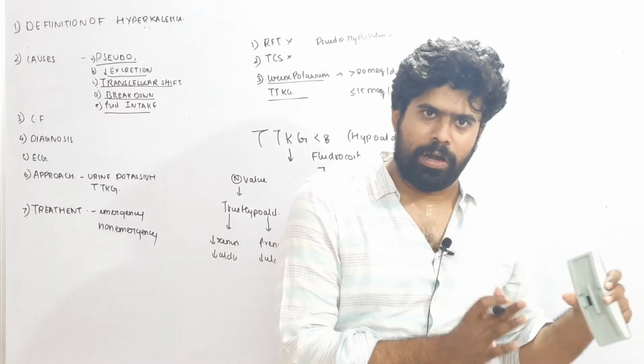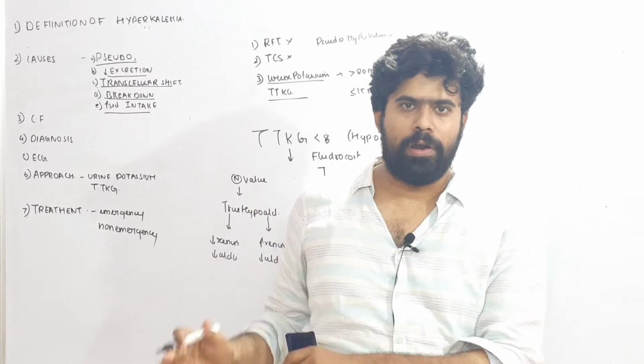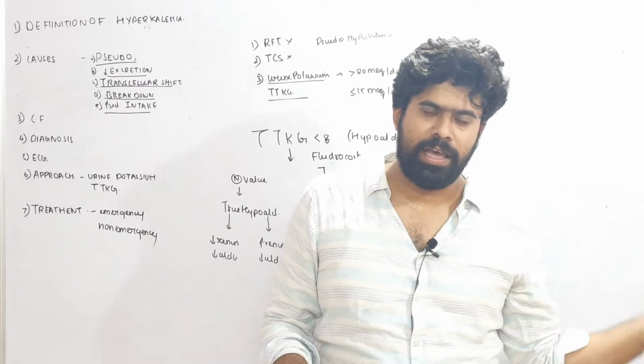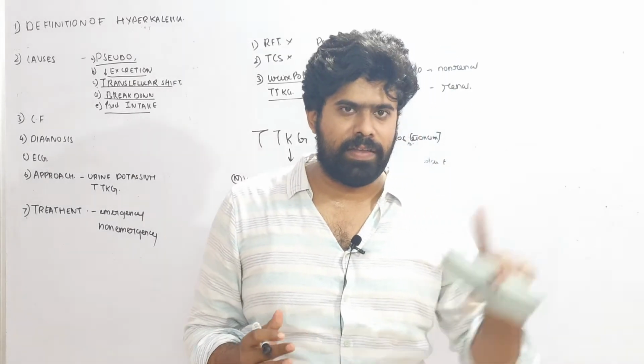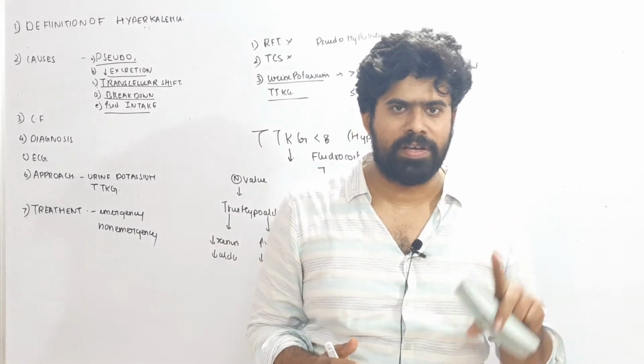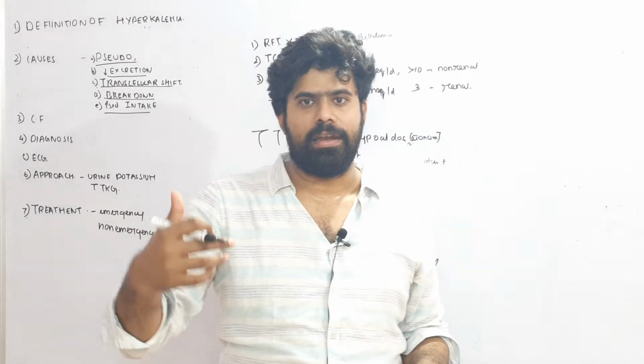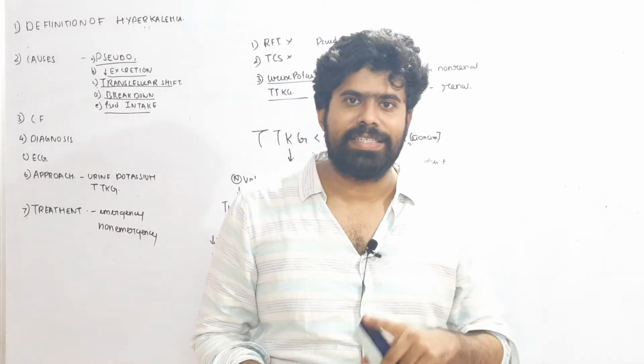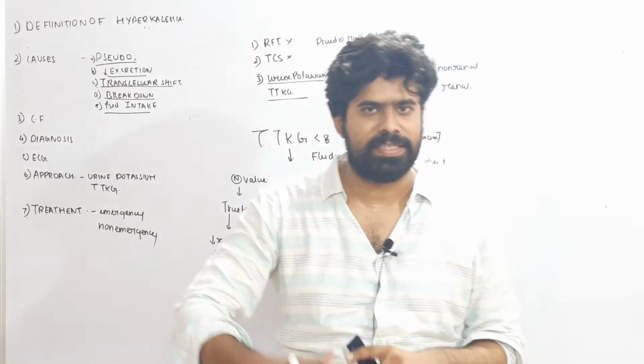Those with low renin, low aldosteronism, or high renin, low aldosteronism. Low renin, low aldosteronism, as we mentioned earlier, will be a problem with the release of renin. That can be because of diabetes mellitus or beta blockers or NSAIDs. Or high renin, low aldosteronism, that can be secondary to conditions like heparin, ACE inhibitors, ARBs, Addison's disease, all these